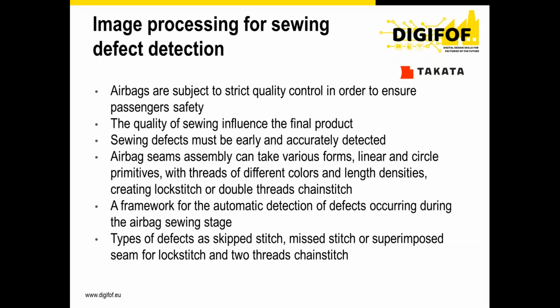But they are using some automated machines that are sewing using a certain pattern. And of course, it is possible that due to the machines or due to the threads that are used for making the seams, if the seams are not